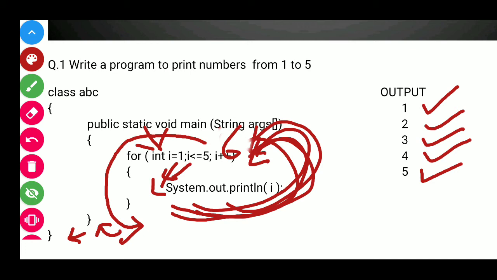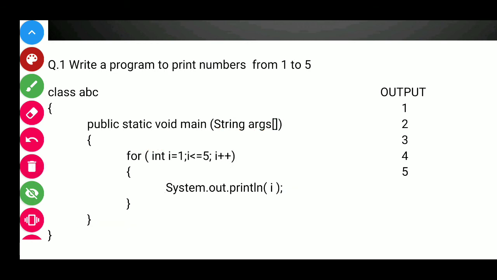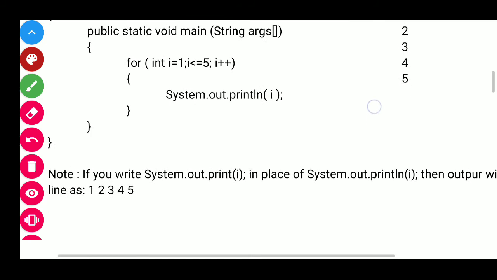If you want to print 1 to 10, you just have to change the condition to i <= 10. Very simple. So this is how we have done it. Okay, do you understand this? It is very simple, but slowly we will understand more programs. Now come to the next.